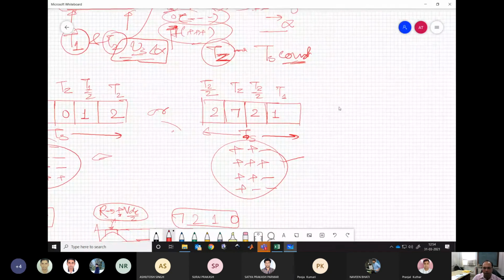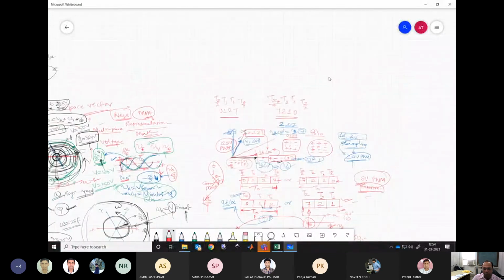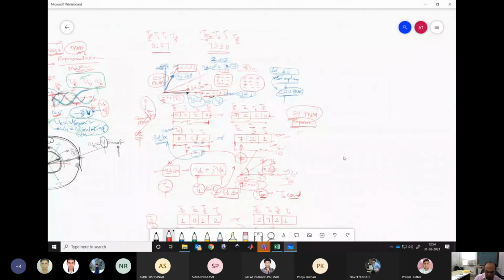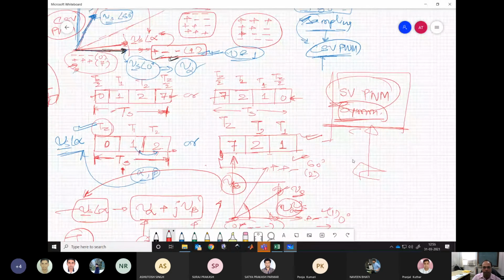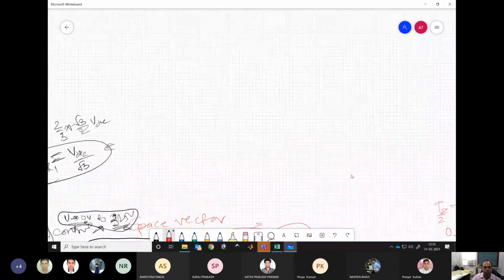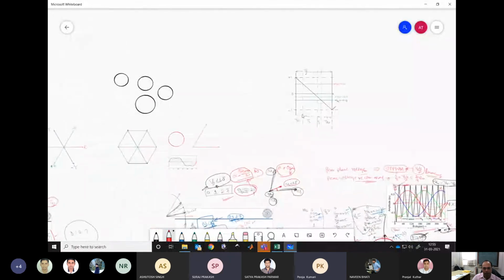Good. Now, when you ask that, okay, we have a lot of sequences, but what to apply where and how to maintain symmetry? These are two important questions. Although we have freedom, we can apply anything anywhere, but where to apply and what to do while maintaining symmetry? Because in all our discussions, we have seen that symmetry is very important for having good waveform quality or good PWM. So this point is clear to everyone, right?